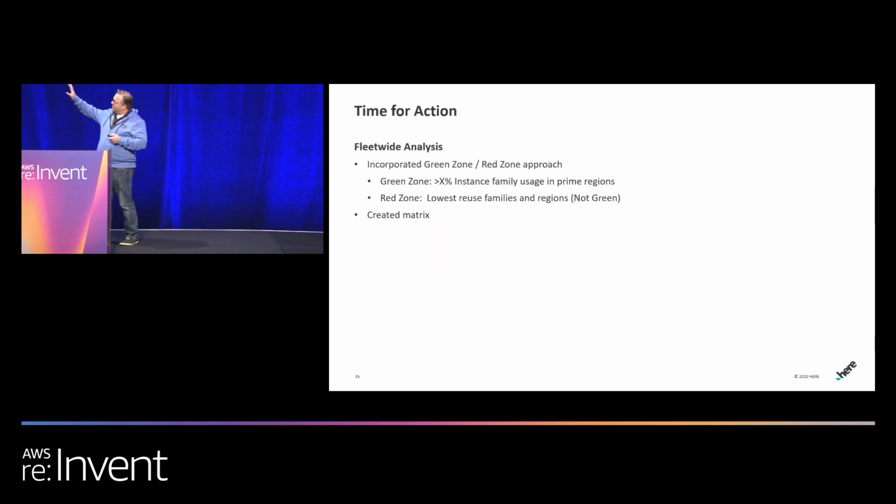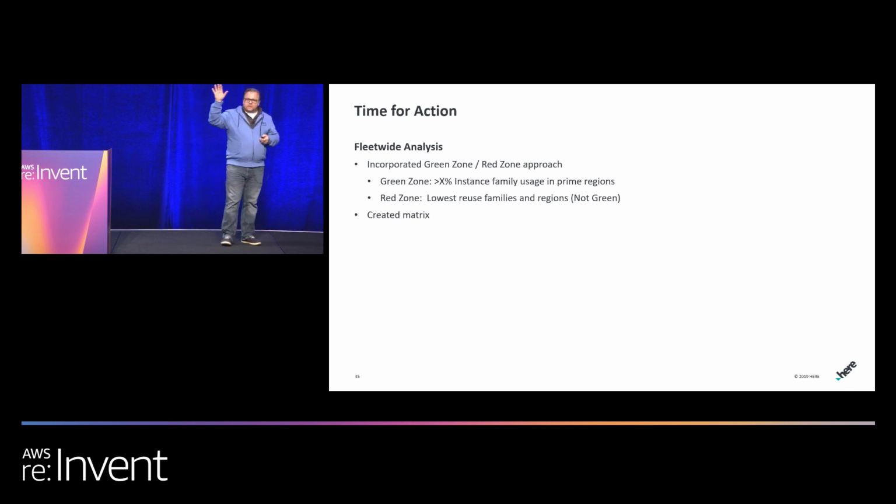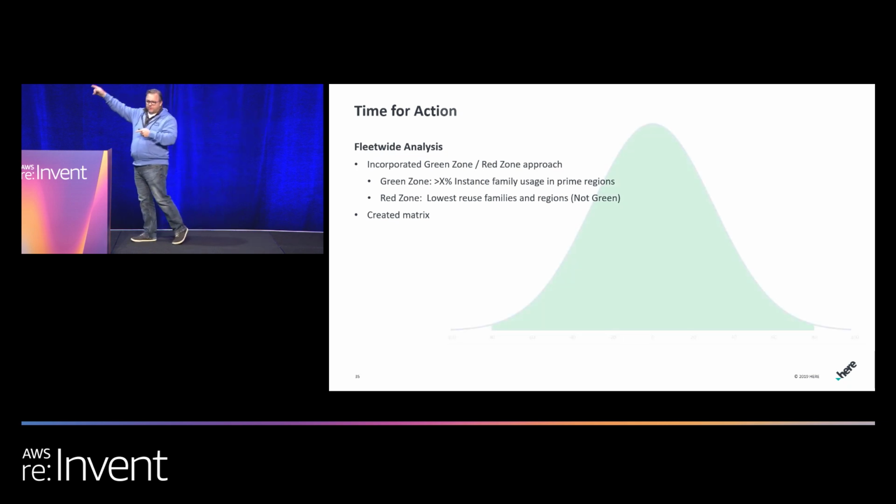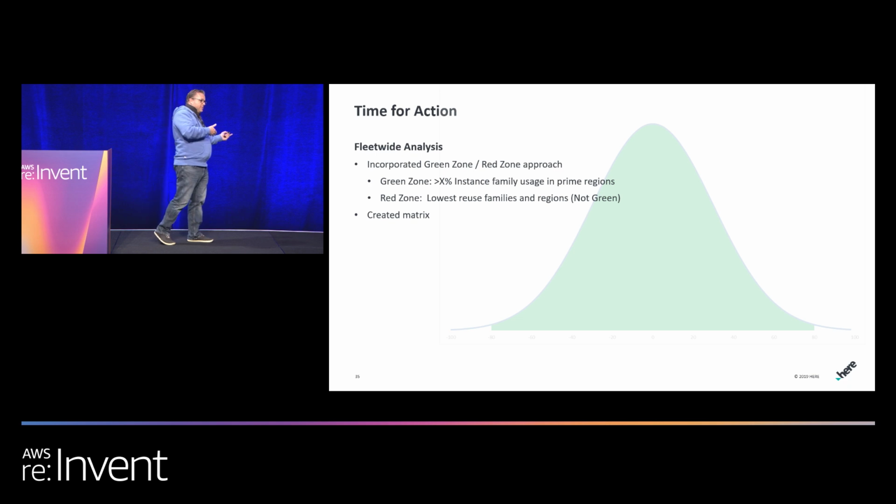So for us, again, if you've seen this presentation, apologies, but for those that haven't, our model for RI buying is based on a red zone, green zone. We take the same attitude in China. If there is over 5% usage in Ningxia and Beijing, which there is, teams get an RI there. If they are in an instance family in the big green center of this bell curve, we see good reuse, which means if I buy an RI and a team stops using that instance, somebody else in China picks it up.